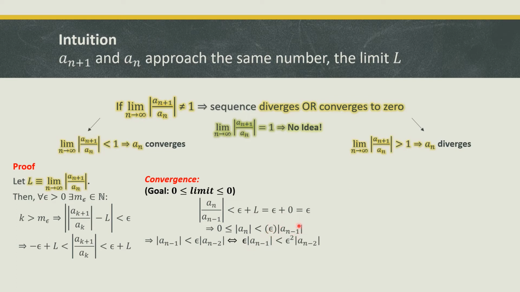Now we have this term, and we have this term, they are the same, and so we can make a chain of inequality. So 0 is copied here, a sub n is copied here, it's less than this expression, this expression, this expression, which is less than epsilon squared times this expression. Now we can do that again. We can do the same process again,